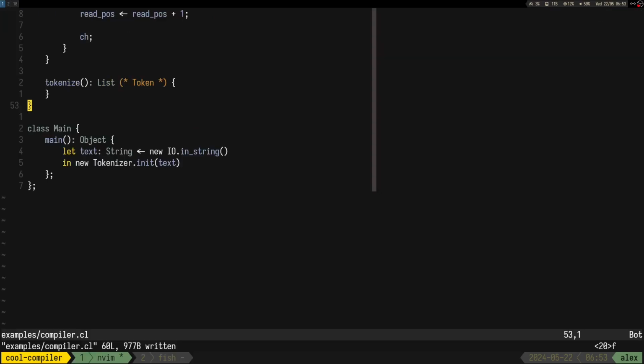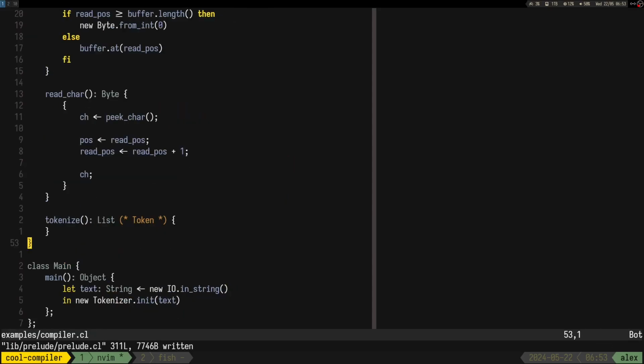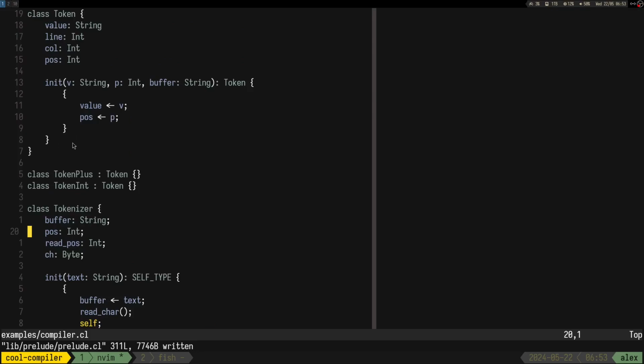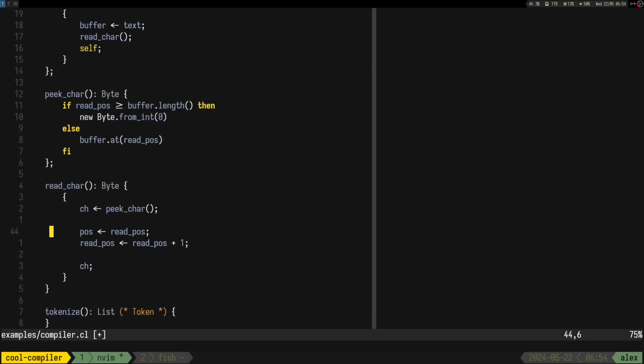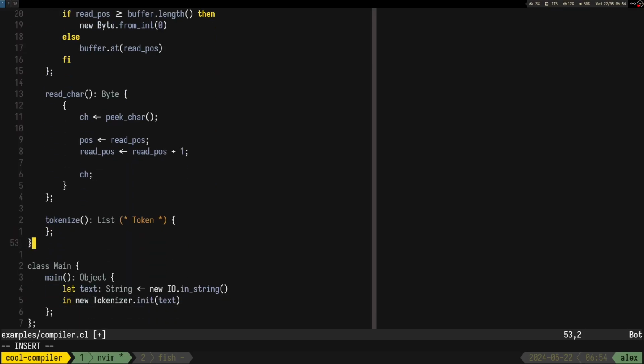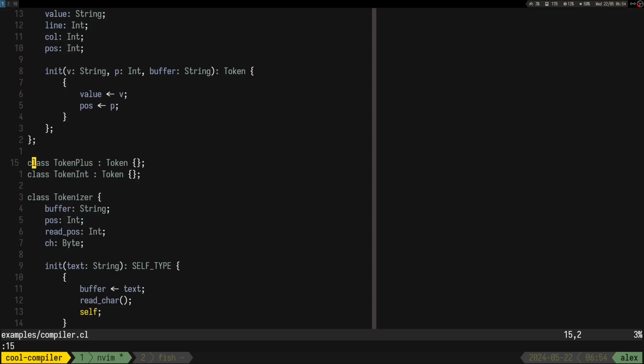So I made an oopsie in the prelude. Oh yeah, I forgot about that. We have to put a semicolon after almost everything. Oh my god. Yeah, that was the annoying feature of the language. The spam of semicolons. Anyway, I think this should make it happy. Didn't. Line 15.